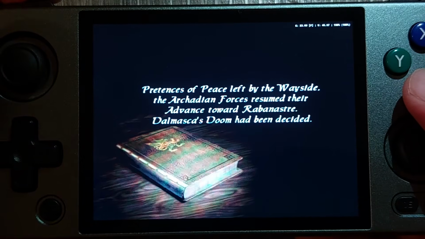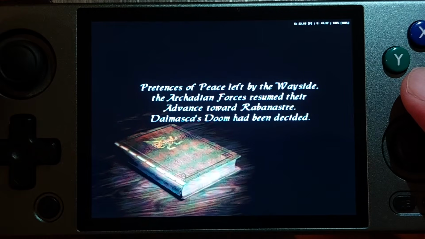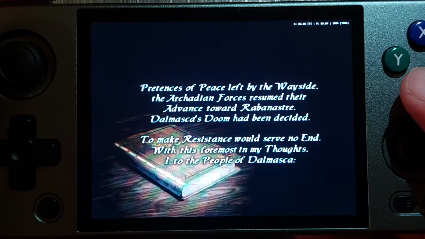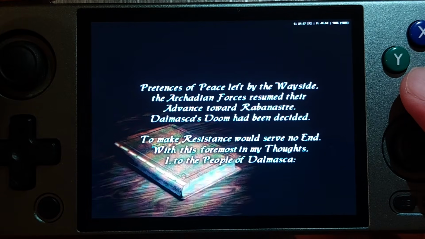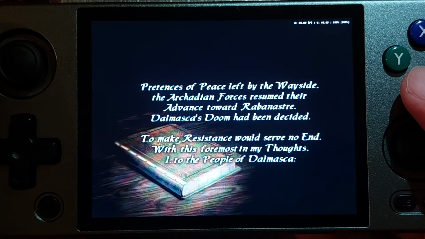The forces resumed their advance toward Rabanasta. Dalmasca's doom had been decided. To make resistance would serve no end. With this foremost in my thoughts, I, to the people of Dalmasca,